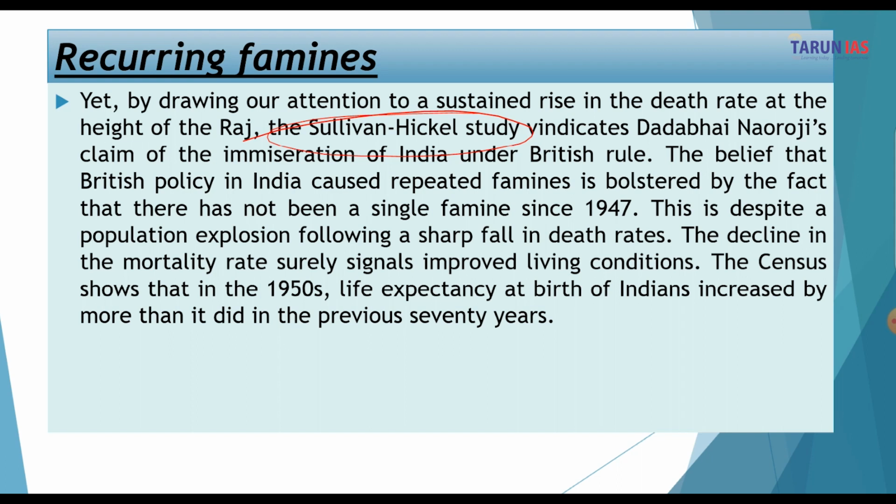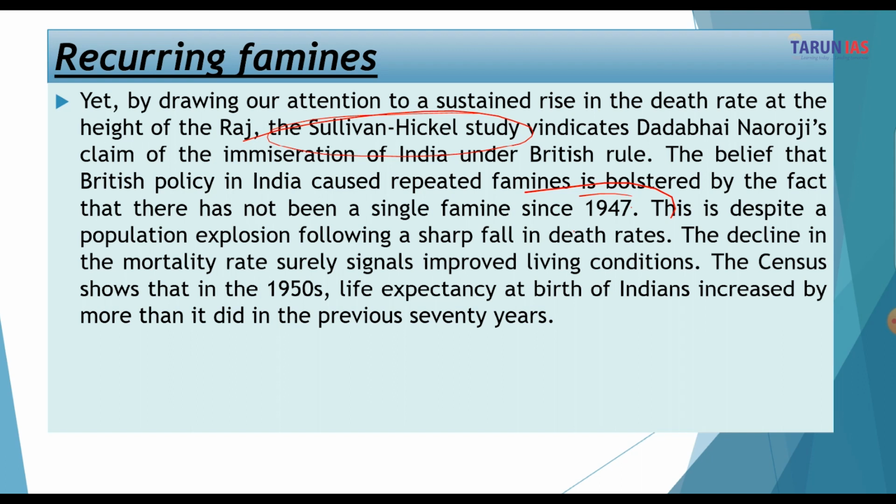The belief that British policy in India caused the repeated famines is also bolstered by the fact that there has not been a single famine since 1947. Now, if we look at our situation, since 1947, when India gained independence, India has not experienced famines like those that took place especially during the British colonial rule. And since 1947, India has gradually achieved sustainability and self-sufficiency in terms of food grain production,